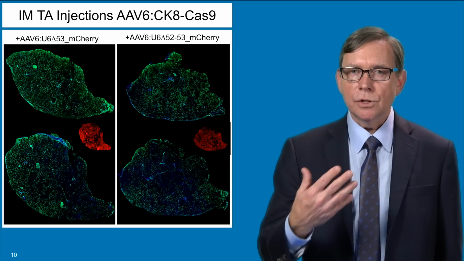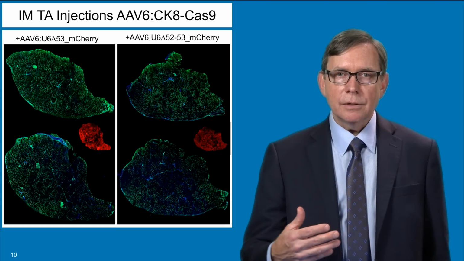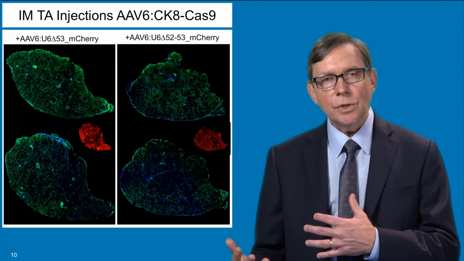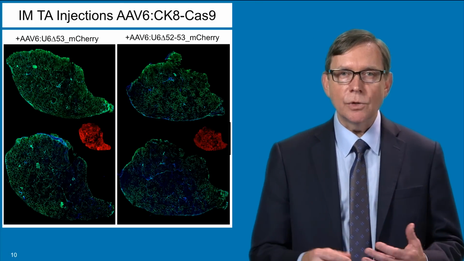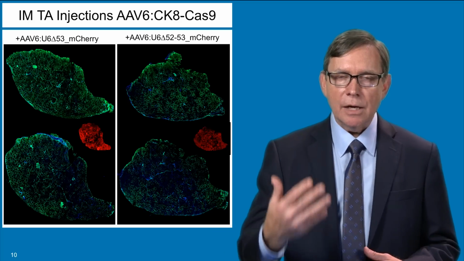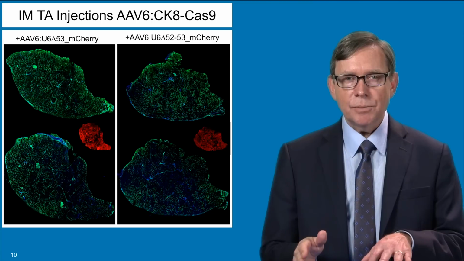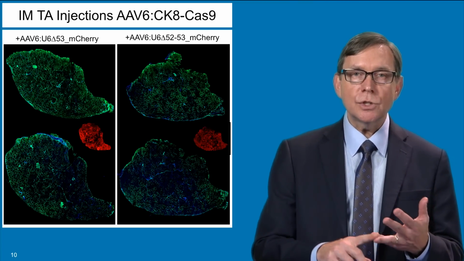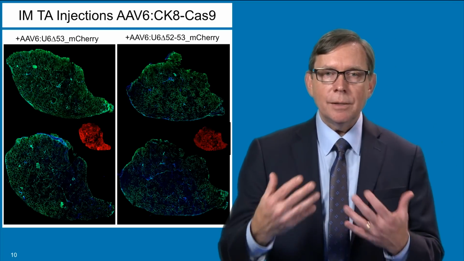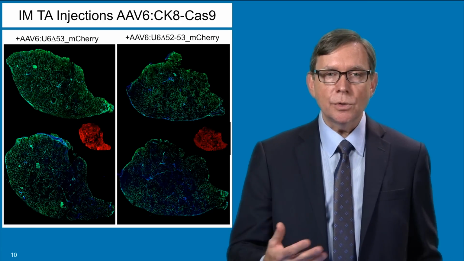The important feature is to look at the green color in these injected muscles. So again, the green color is from an antibody that detects the dystrophin protein. In the absence of green color, there is not dystrophin. In the presence of green, we're seeing muscle cells that are producing the dystrophin protein. And again, the mouse model normally does not produce the dystrophin protein. So what we see in both examples here with either the delta 53 targeting strategy or the delta 52-53 deletion strategy, we are able to see very widespread amounts of the dystrophin protein in these treated muscles.